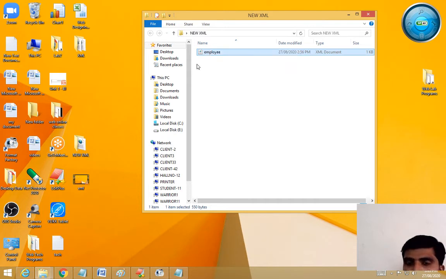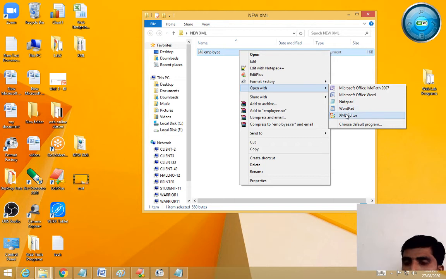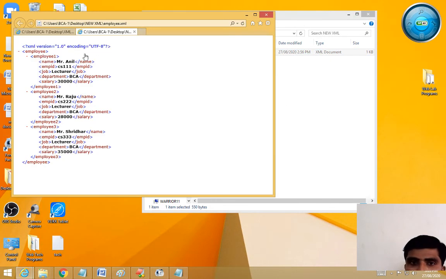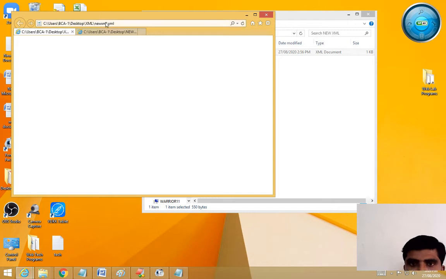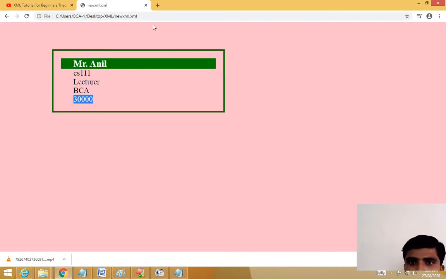See here, there is no browser symbol because this is an XML document. So right click, open with XML editor, then it shows like this. First you have to copy this line, copy the URL like this, and go to the browser.